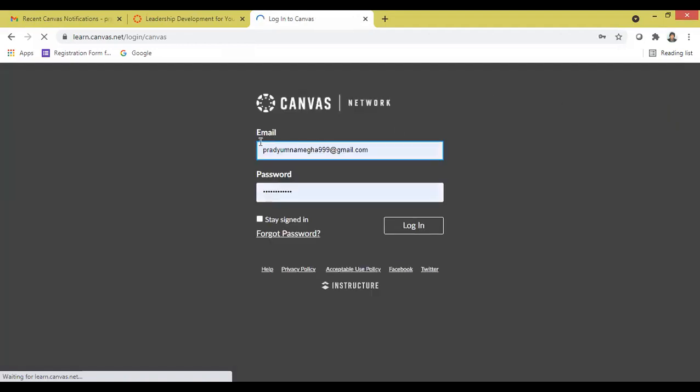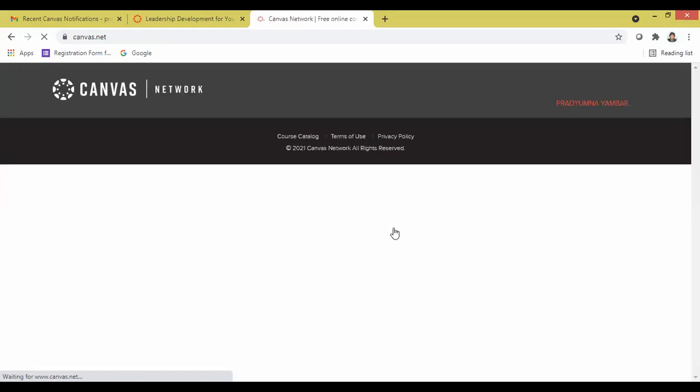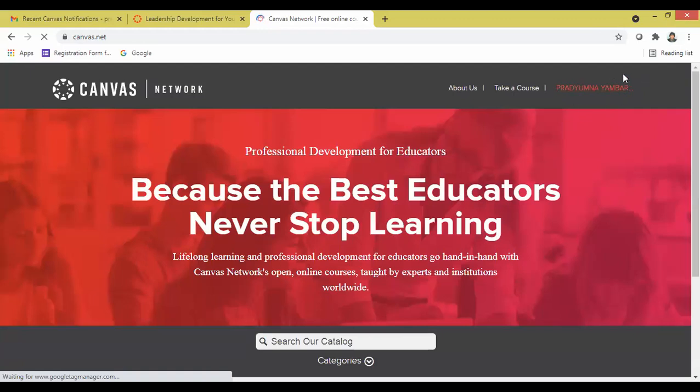Enter your email ID and create your own password. They will ask you for the login details, or to sign up if you are a first-time user. I have already given my sign up details, so everything is created by default. Now I am going to log in here. You have to do the sign up with your basic details, name, email ID, everything. Then your name will be highlighted here.